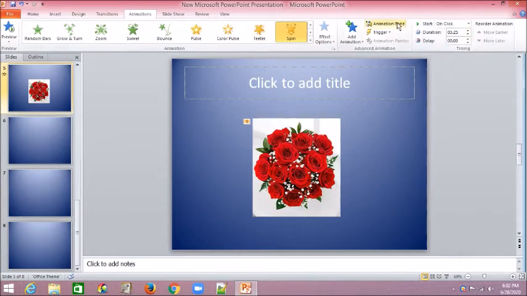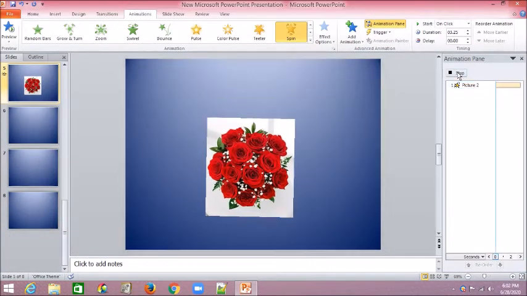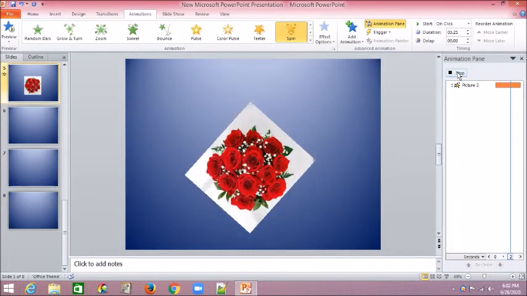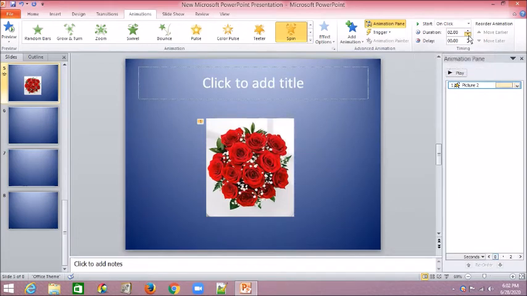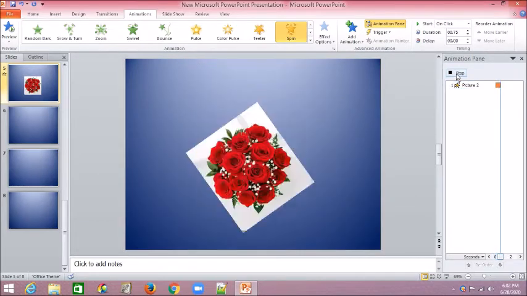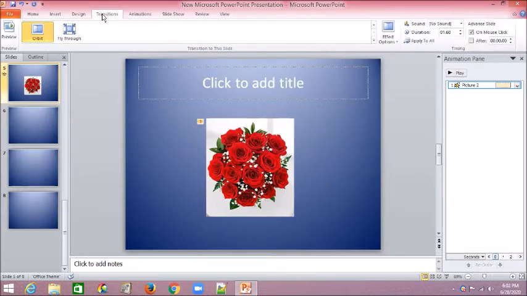And we have the animation pane here, just to check how our animation will work. Play, see, it's quite slow, right? We'll reduce the duration, it's just 75 I gave. See how fast it is. This is how we can change the duration. We can even change the transition speed also here.